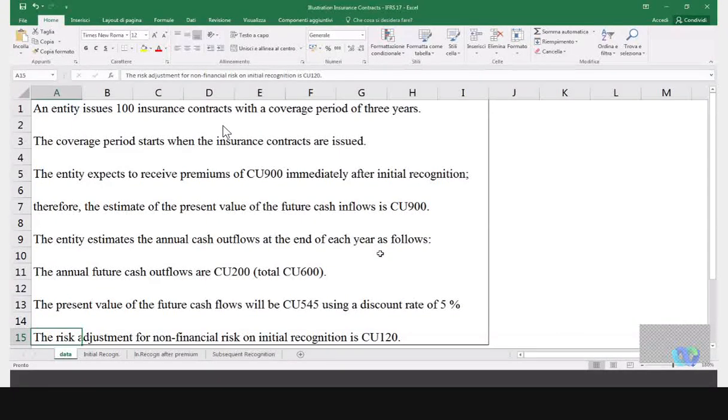This is considered overall for 100 contracts for 3 years, and is expected to be 120 cash units. Now, you are required to account for the contract at the initial recognition, moment 1, moment 2, the initial recognition after receiving the premium, and the subsequent recognition at the end of year 1, year 2, year 3. As I said,